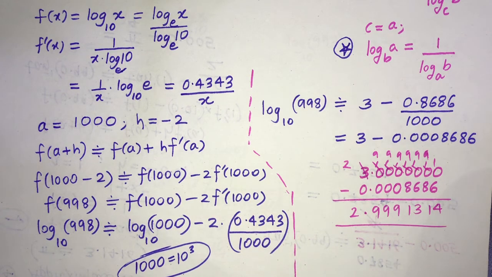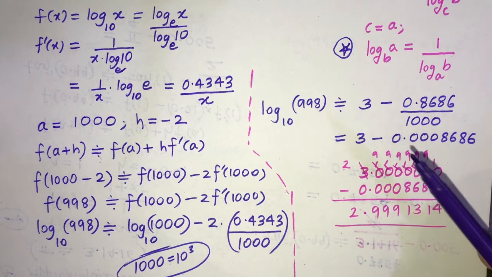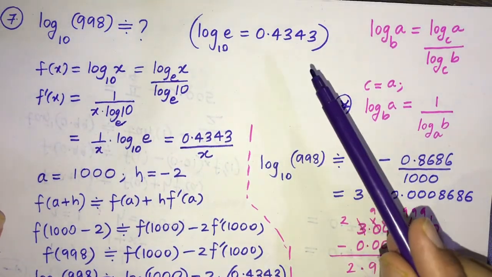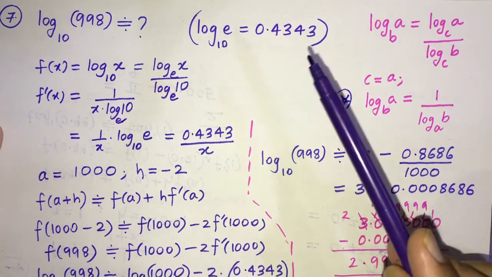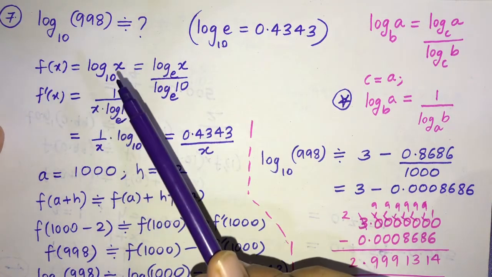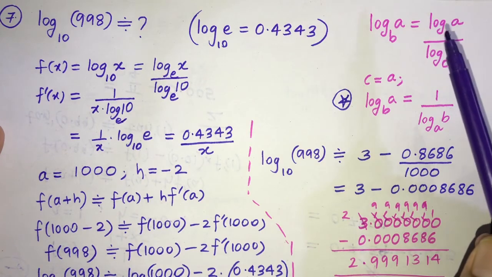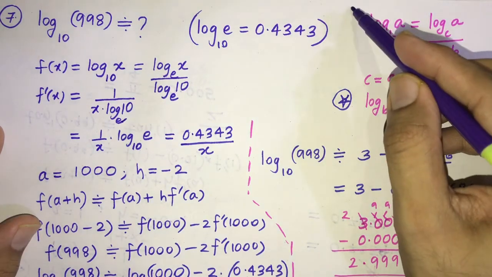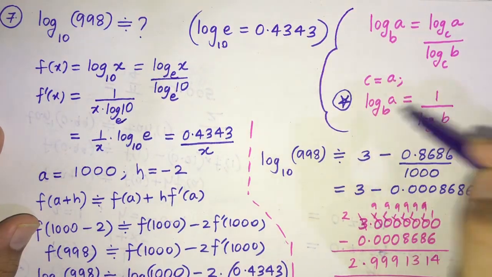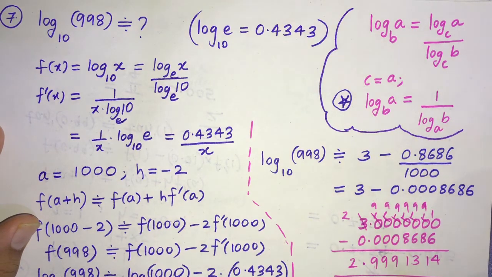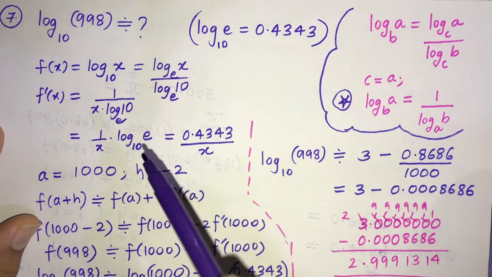Okay, so that is how we are going to calculate. That is how we are going to use this data given to us, log e to the base 10. I repeat, fx log x to the base 10 हो जाएगा. हम लोग को change of base law दिया है. Change of base law, here also I have explained what change of base law is and how we can use it to take the reciprocal. Okay, and that we are going to use in the sum also.